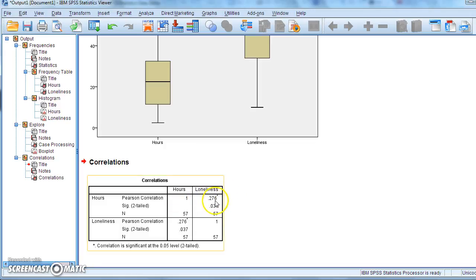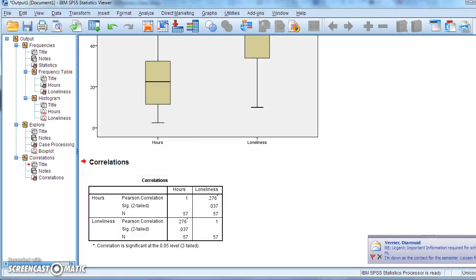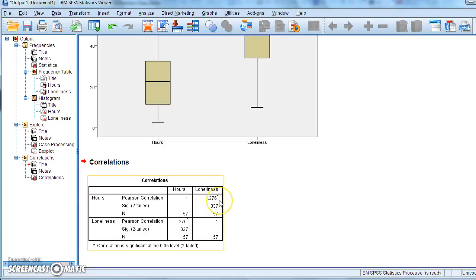So there's a significant positive relationship, but how big is this effect here? Well, we can see if we consult Cohen's tables that this is a weak relationship. I think anything below about 0.3 is a weak relationship between the two variables. If you wanted to convert that to variance, then if you multiply that by itself, you'd get something like 0.08, so 8%. So 8% of the variance of one variable is accounted for by the other. It's a small effect, but maybe still